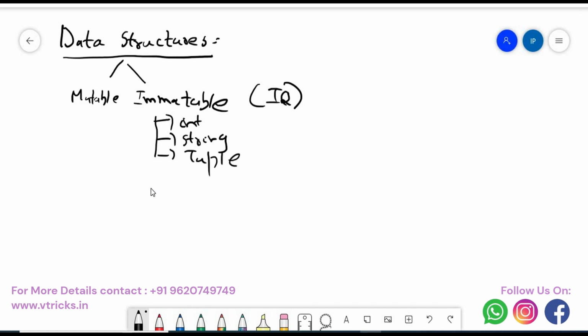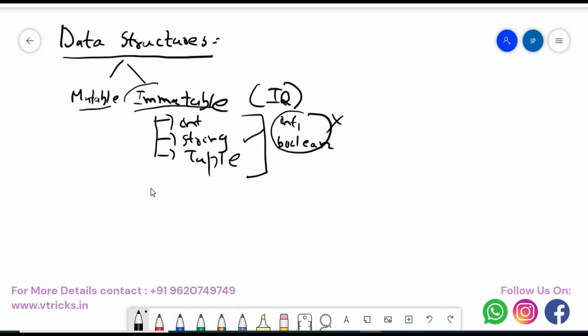Here we are not bothered about the data type behind it. Like other programming languages, Python also has data types like int, string, float, tuple, boolean and all those things. But as we know from the previous session, we are not worried about data types in Python. We are worried about the data structure. So we have two types of data structures in Python, mutable and immutable. What is an immutable data structure? What is a mutable data structure?